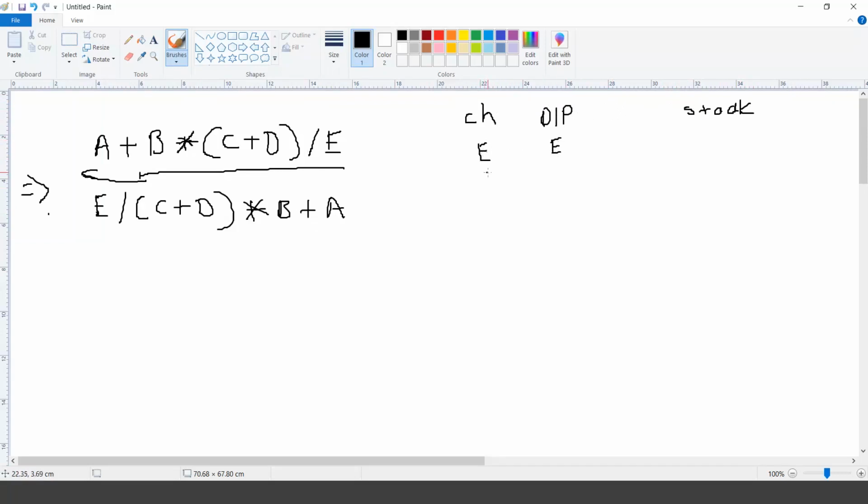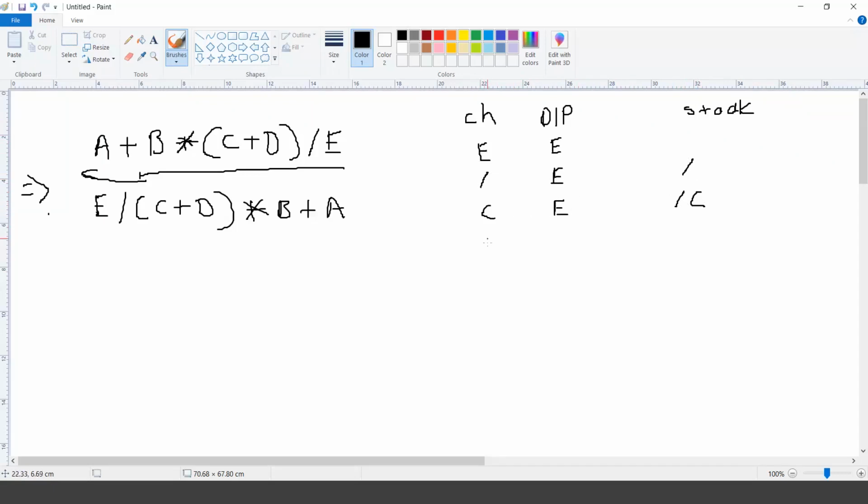The second character that we are scanning is the division operator. It's an operator, so we will put it in the stack. Then we are scanning the bracket. Again, no change in output, and we put the bracket on the stack.